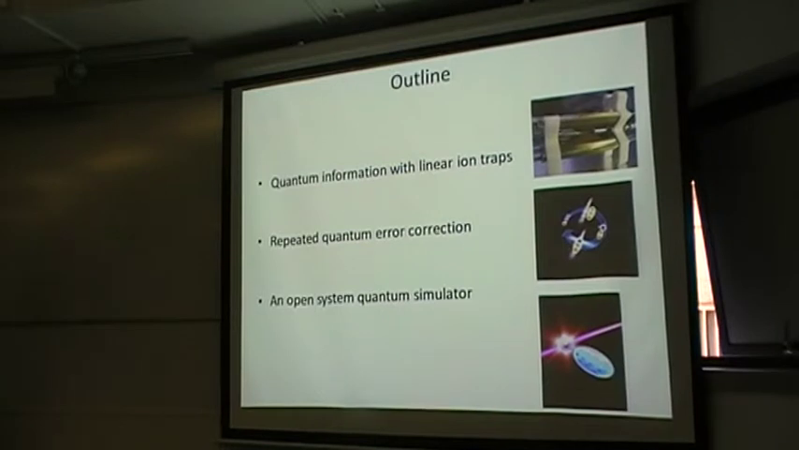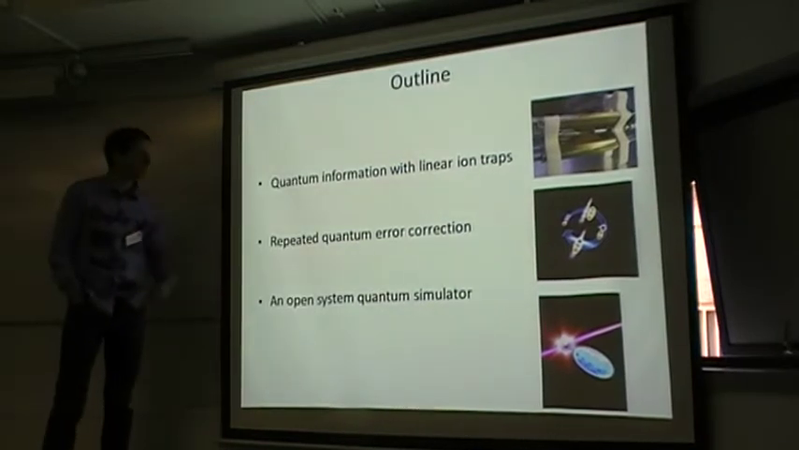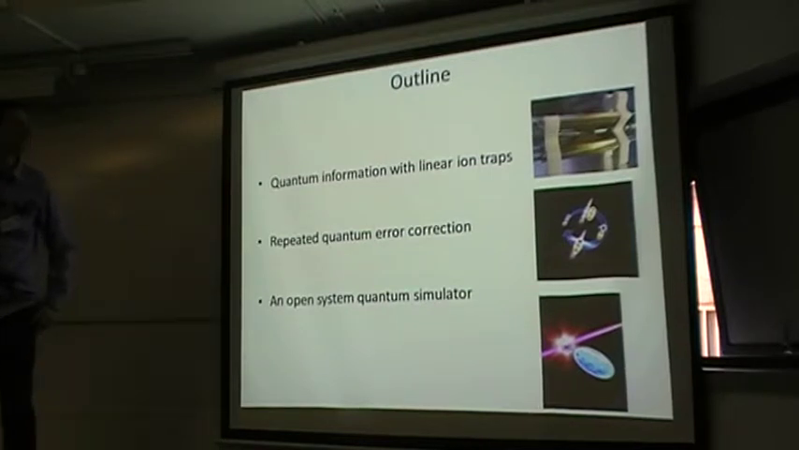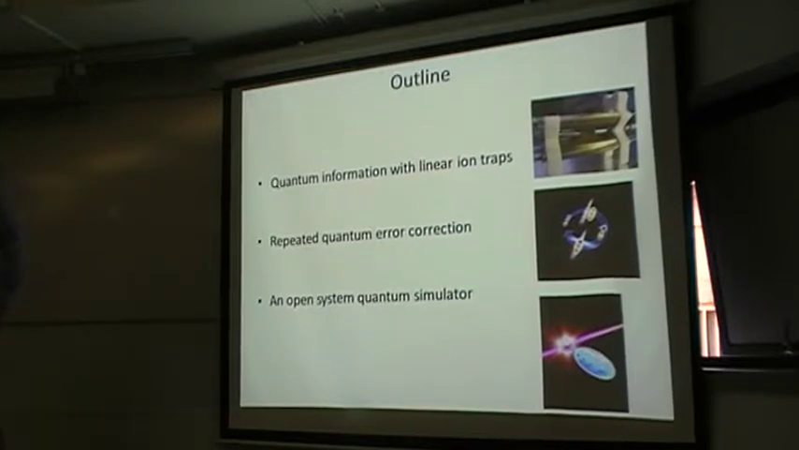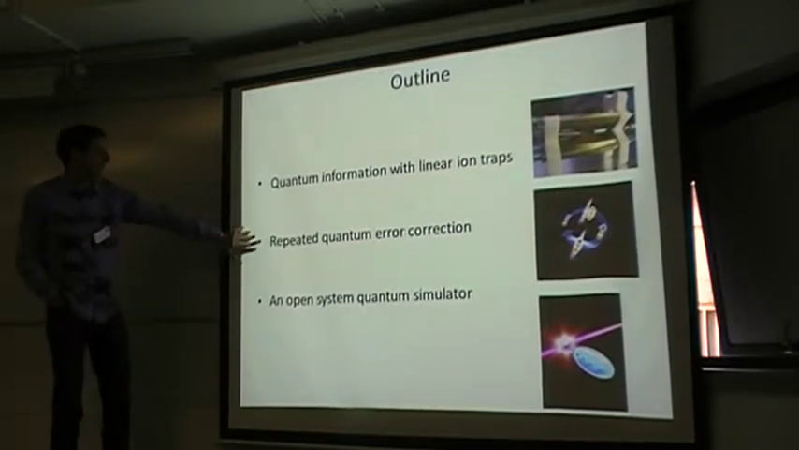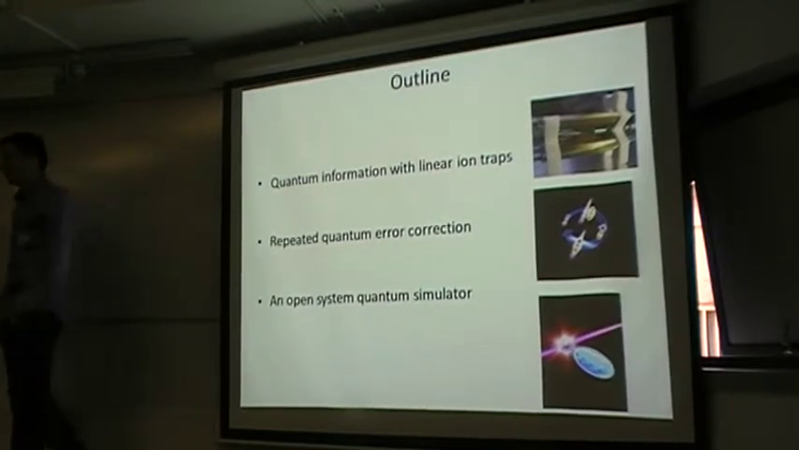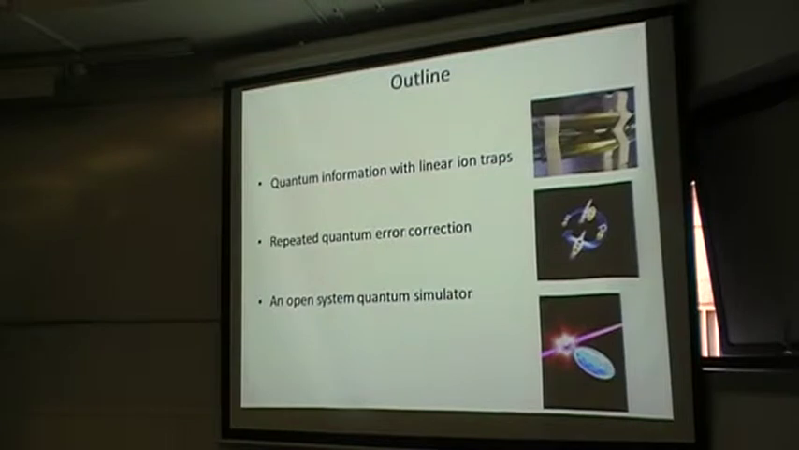Okay, so the outline of my talk is basically first an introduction to trapped ion quantum information processing, how it works, how we manipulate these ions, how we actually do the quantum gates. And then I will explain on 2 examples, one at least, let's see how far I will actually get, the repeated quantum error correction, and maybe also a bit on open system